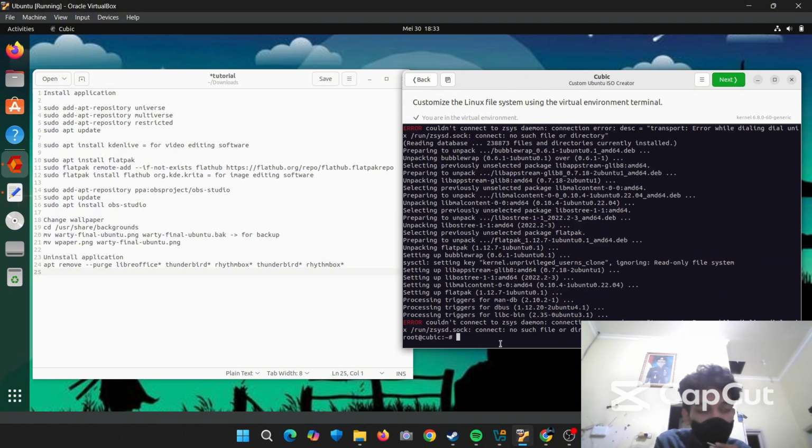Okay, after Flatpak is installed correctly, we add a repository inside Flatpak, so it can install Krita, by using this command.